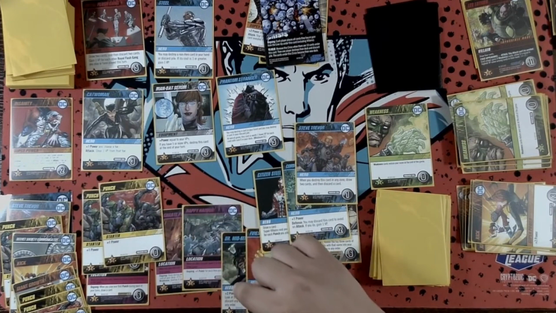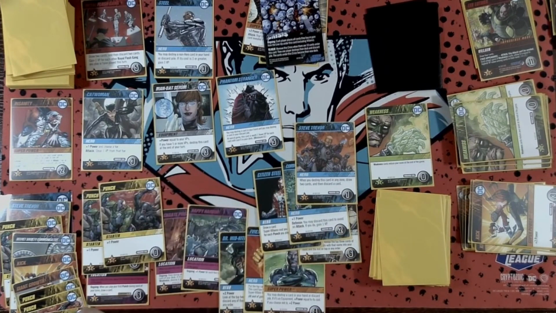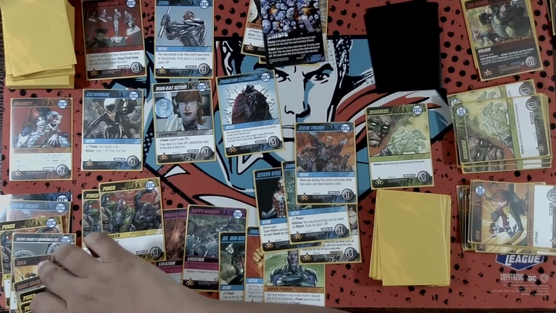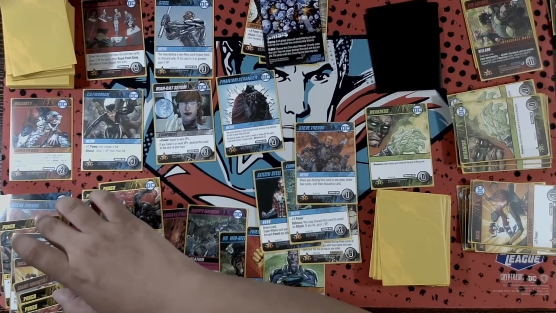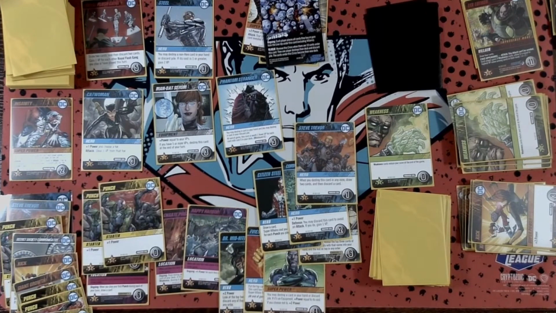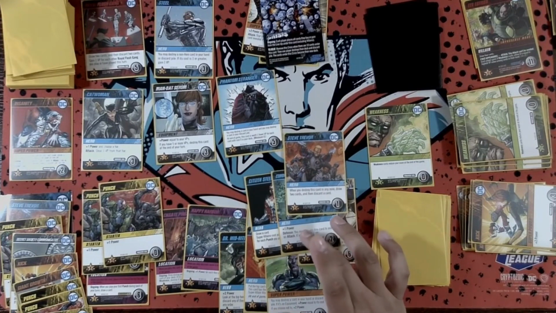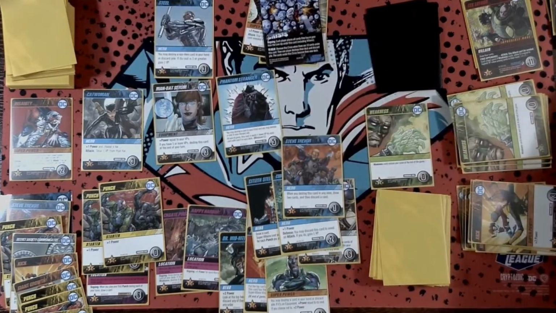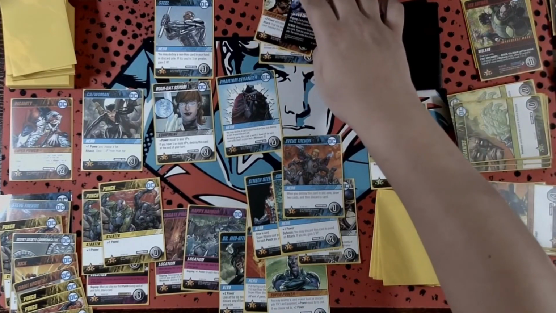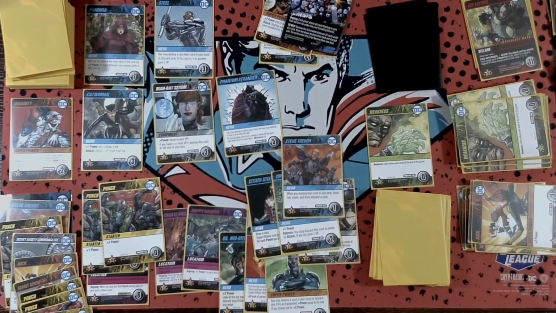Okay, 2, 3, 4, 5, 6, 10, 11, 12, 13, 14, 15, 16, 17, 18, 19, 20, 21, 22, 23, 24. 24, and they do virtually nothing because there's nothing to buy. Pass turn. Pandora, add the top card of the main deck